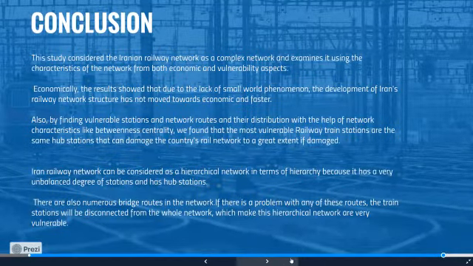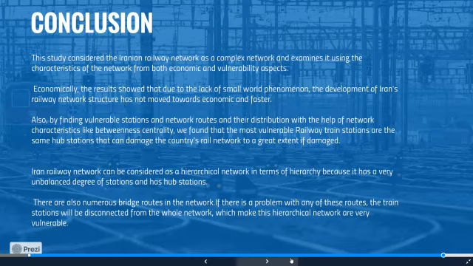Conclusion. This study considered the Iranian railway network as a complex network and examined its characteristics from both economic and vulnerability aspects. Economically, the results show that due to the lack of a small world phenomenon, the development of Iran's railway network structure has not moved toward being economic and faster. Also, by finding vulnerable stations and network routes and their distribution with the help of network characteristics like betweenness centrality, we found that the most vulnerable railway stations are the same hub stations that can damage the country's rail network to a great extent